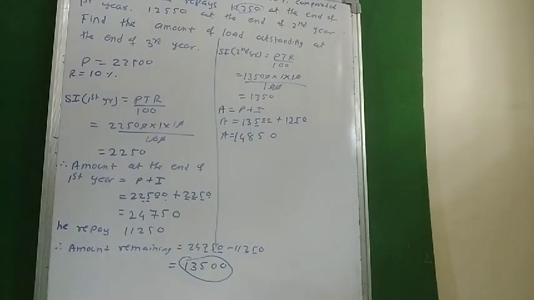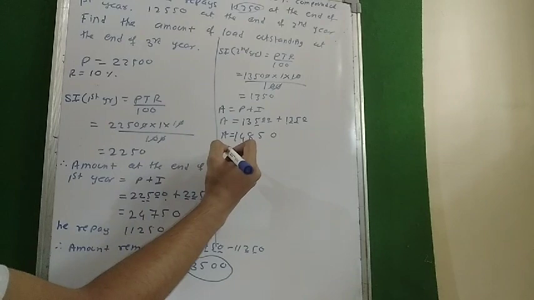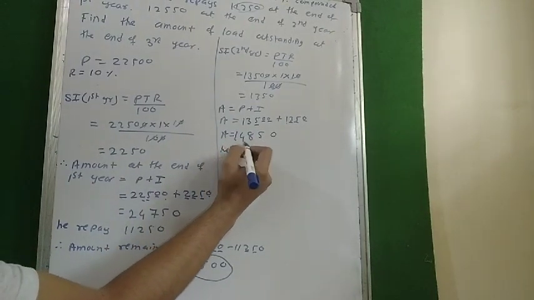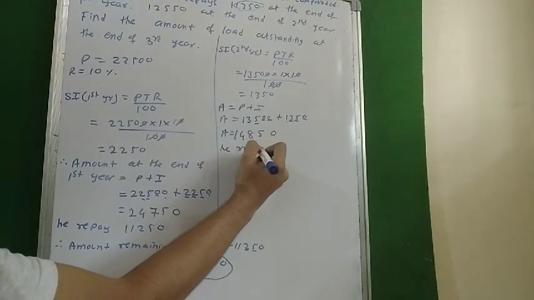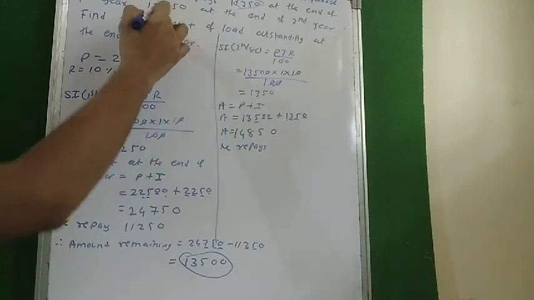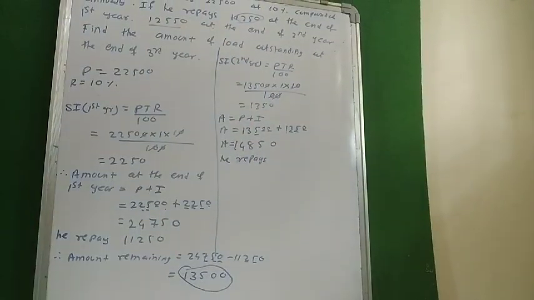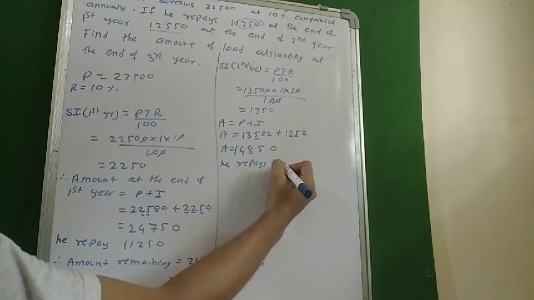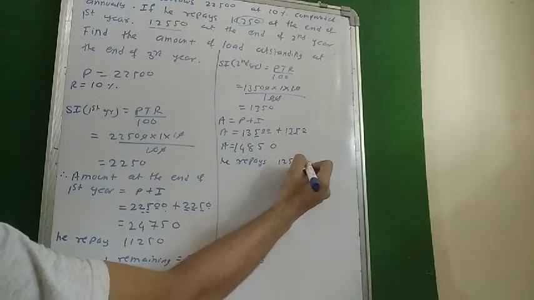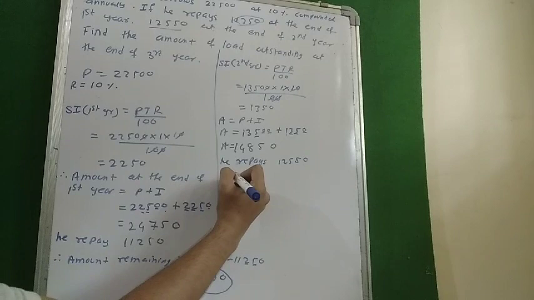And here it is 14. He repays 12,550. Therefore, amount remaining